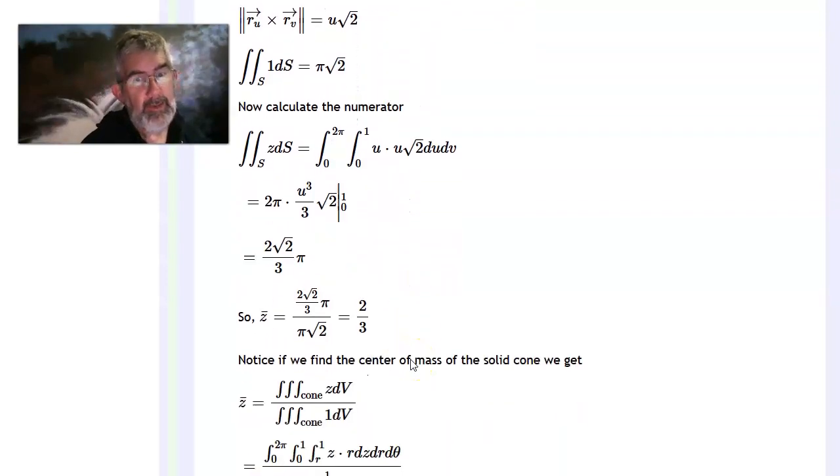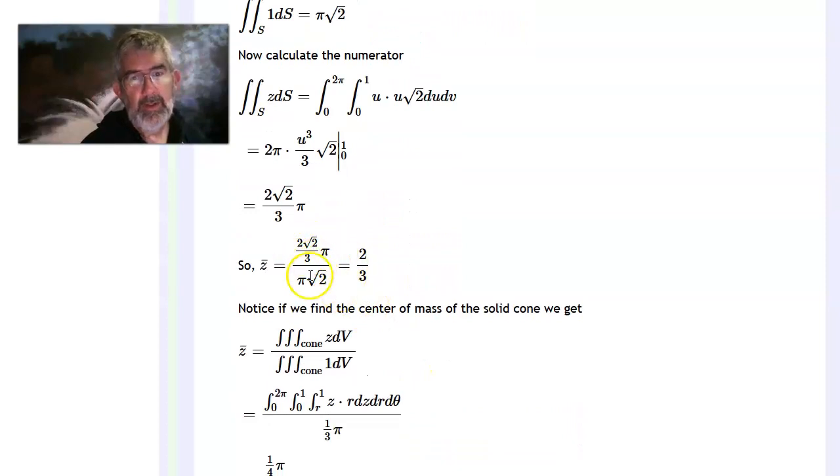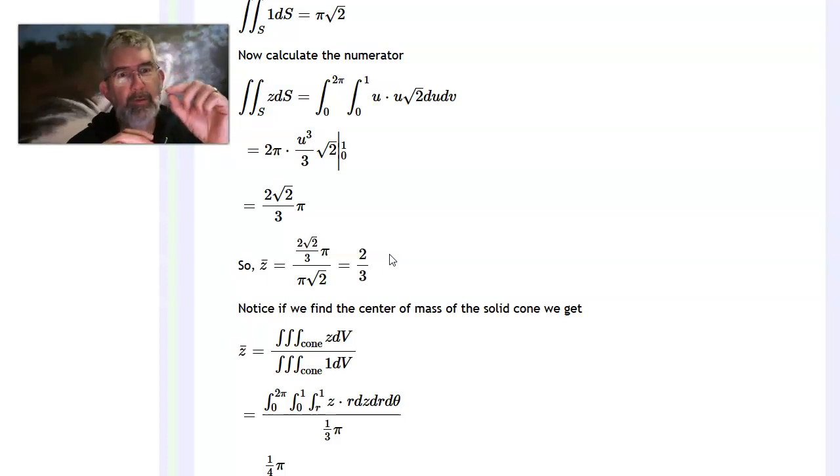So the average z value is this divided by the area, which is 2/3. So you think about that cone, it was between z equals 0 and z equals 1, and the center of gravity was at 0, 0, 2/3. So 2/3 of the way up. Now, just to compare, I want to do this again,